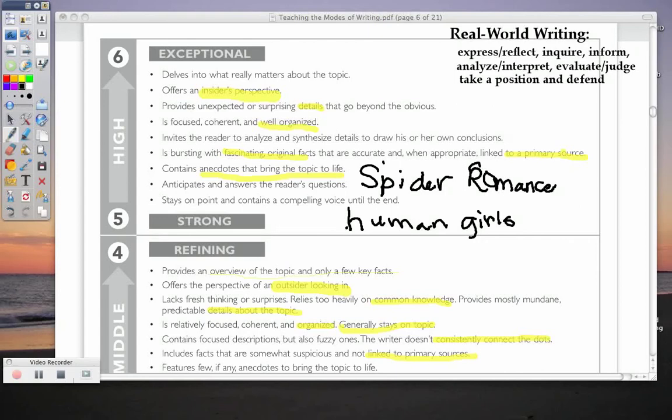But if you haven't really given the reader anything new to think about, that's an area that you need to work on to revise. When you look at your rough draft, is it well organized? Does it lead the reader through the paper without them wondering why this is there